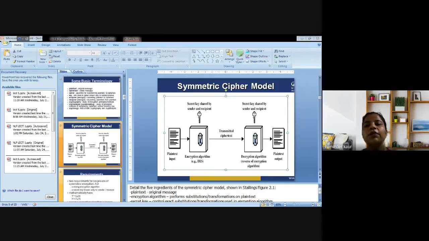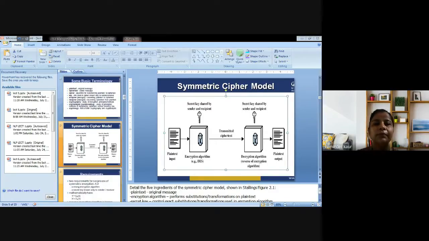NIST. So what is basically the Advanced Encryption Standard algorithm? It is known as the specification for the encryption of electronic data established by the US National Institute of Standards and Technology, that is NIST. It uses a 128-bit block, and the 128-bit block is converted into bytes. Each data consists of a block.